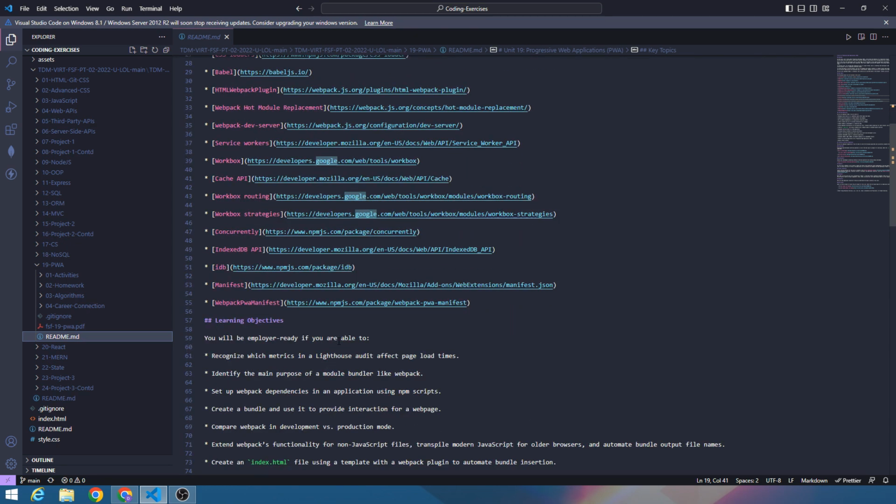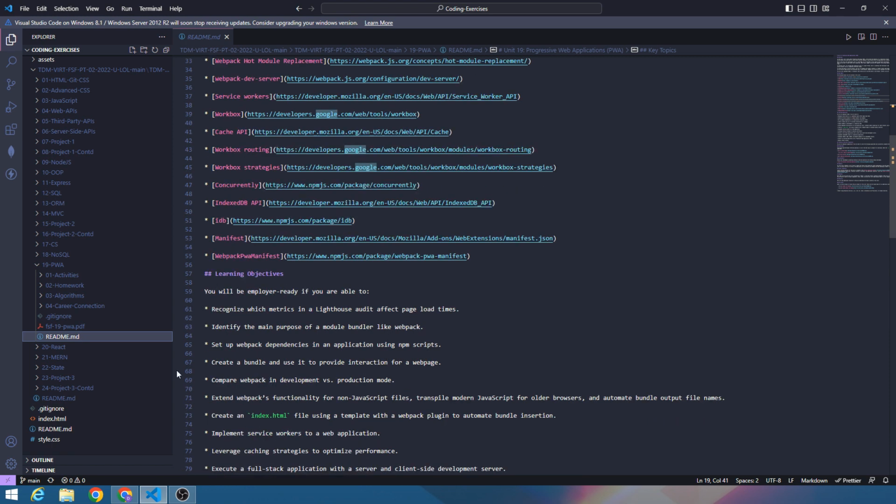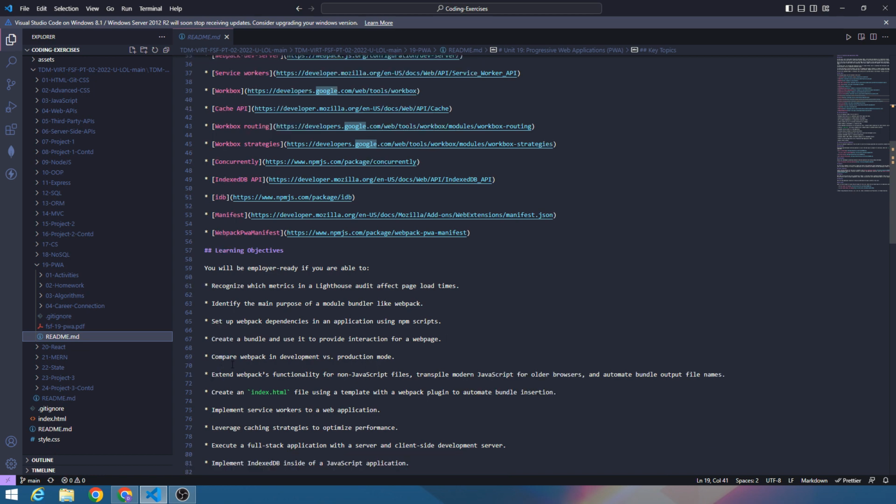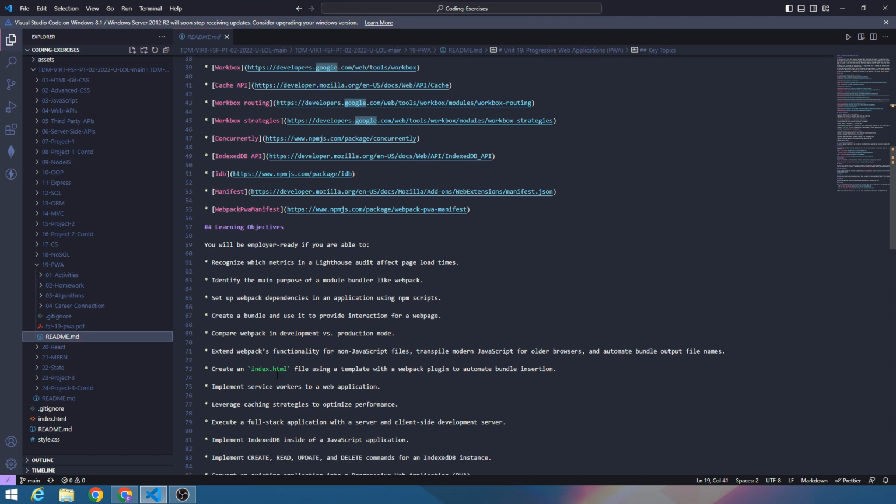Learning objectives: you will be employer ready if you are able to recognize which metrics in a Lighthouse audit affect page load times, identify the main purpose of a module bundler like Webpack, set up Webpack dependencies in an application using npm scripts, create a bundle and use it to provide interaction for a web page, compare Webpack in development versus production, extend Webpack's functionality for non-JavaScript files, transpile modern JavaScript for older browsers, and automate bundle output file names. Create an index HTML file using a template with a Webpack plugin,